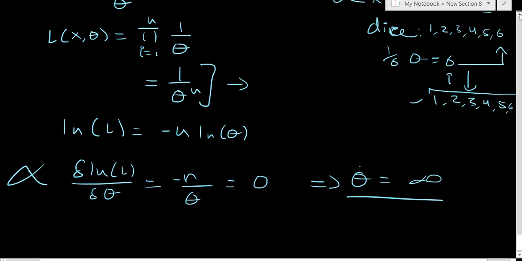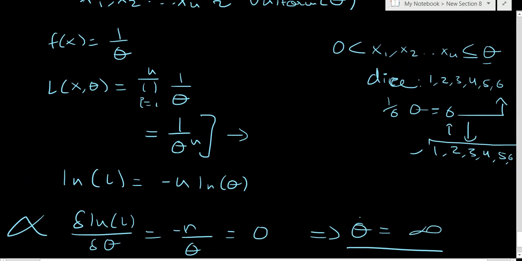Let's think about it. I need to maximize this function, 1 over theta to the power of n. In order to maximize this, obviously I would need as small a value of theta as possible. We know that 1 over 0 is equal to infinity. So the smaller the denominator, the larger would be the number, right? So we need the value of theta to be as small as possible. And the smallest value of theta that is possible for this given sample x1, x2 to xn would be the